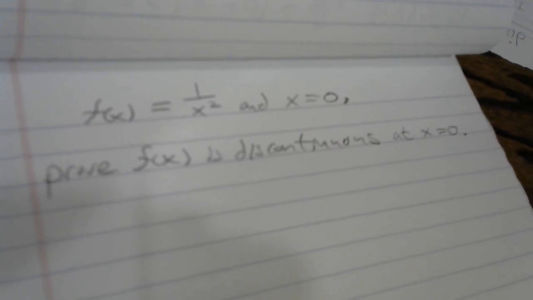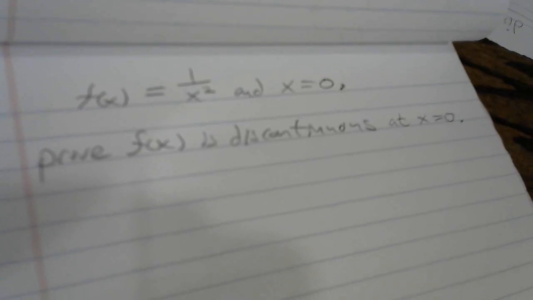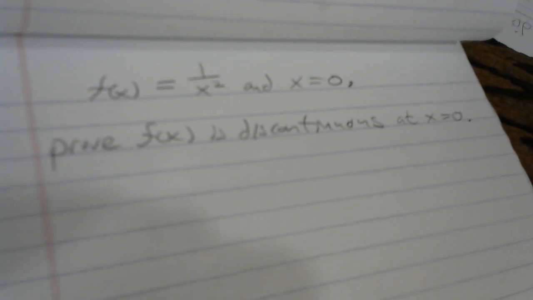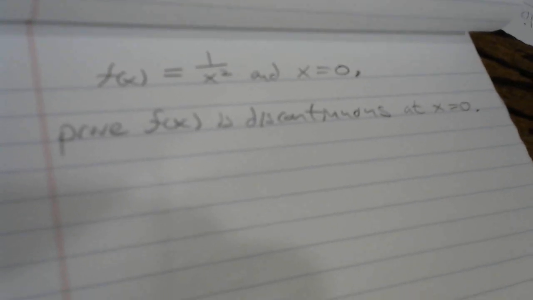Because you would think the limit exists, but does the function value actually exist? Does the limit value actually equal the function? This is how we prove something like this. So what we're going to do is say that, using the epsilon delta definition of continuity, we know that